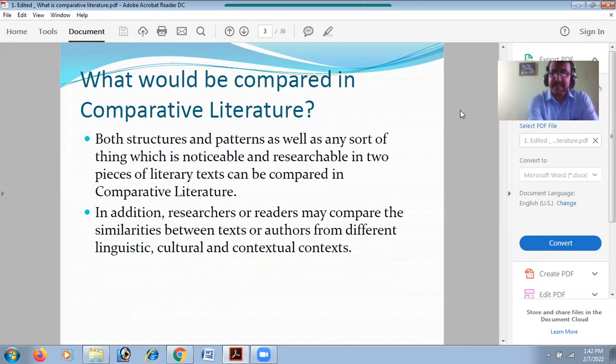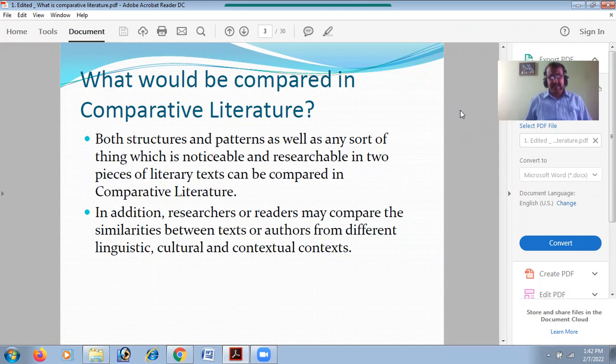What would be compared in comparative literature? That we can go on with. Of course, the structure, patterns, as well as whatever is noticeable and researchable in two pieces of literary text can be compared. So structure, pattern, narrative techniques, as well as what we can notice easily and what we can research in the writings. These aspects will be compared in comparative literature. Again,